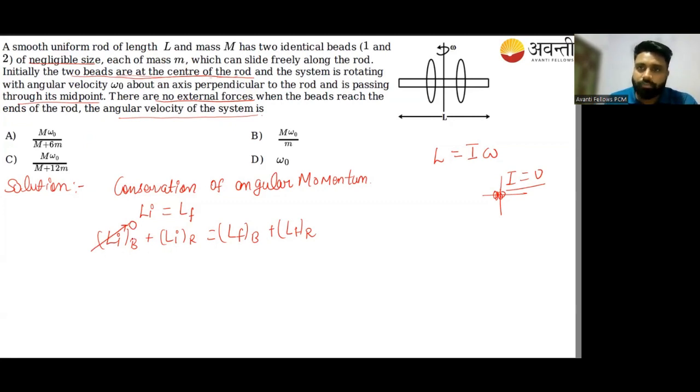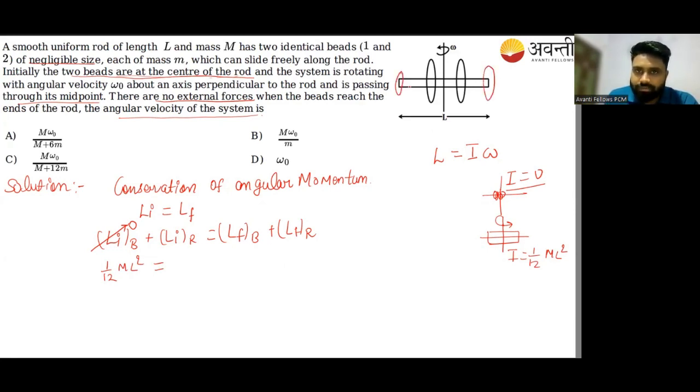Initial angular momentum will also be 0. Then what about the initial momentum for the rod? The rod is rotating about its midpoint. So about the midpoint, what is the moment of inertia? It is 1 by 12 ML square. So it is 1 by 12 ML square, and then we look at the final position, where the beads are